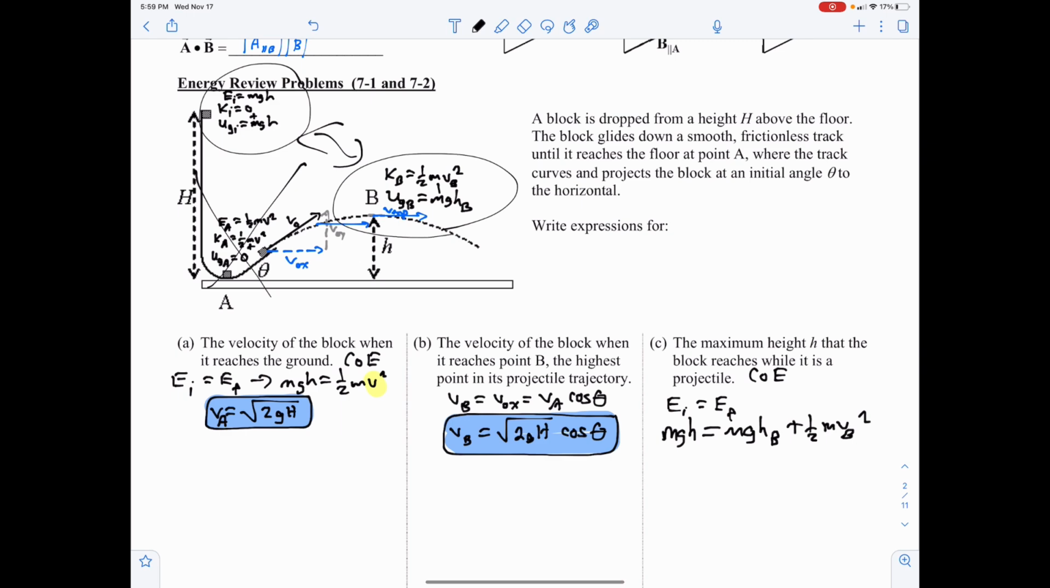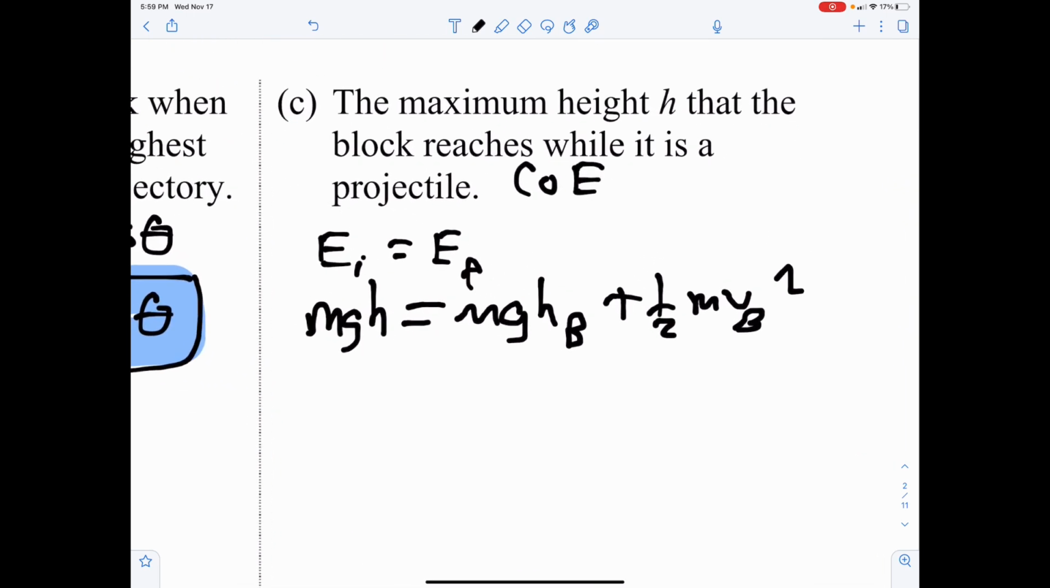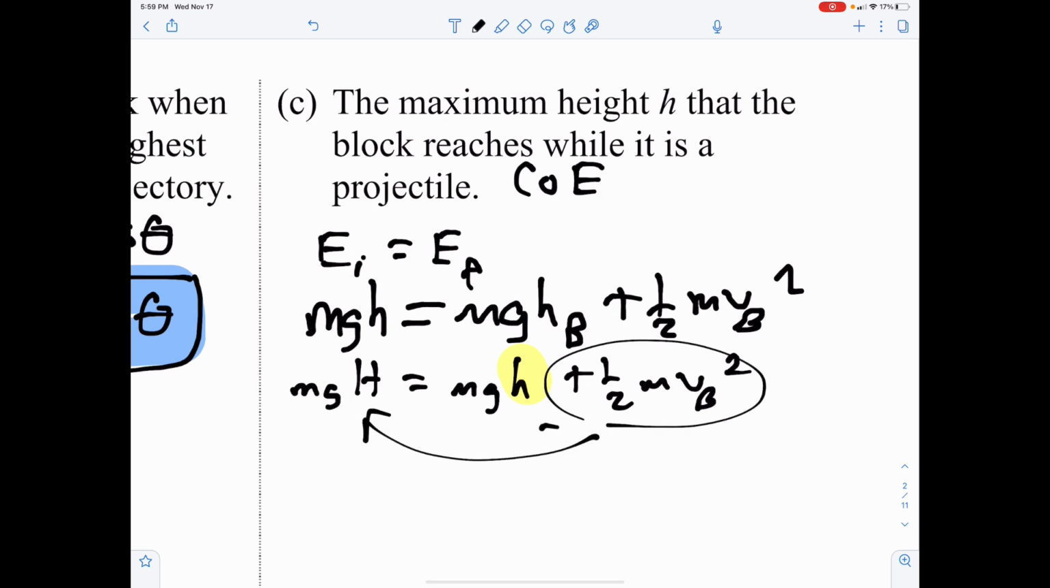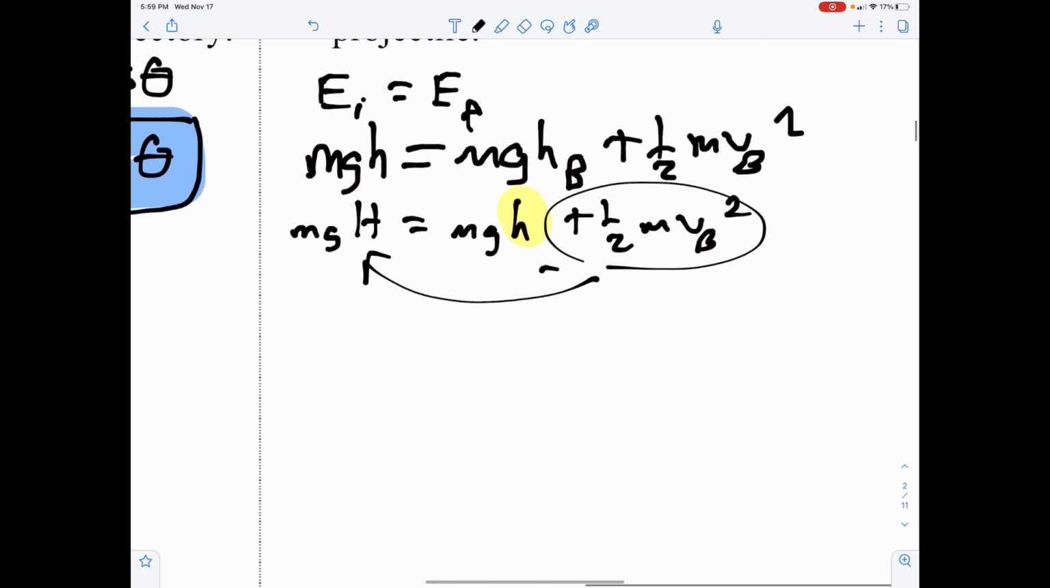And I'm going to zoom in on this so we can see it a little better. First of all, this was mgH, capital H, equals mg little h plus 1/2 mvb squared. And you're solving this equation for little h. So in order to do that, you're going to have to subtract this over to this side and then divide by